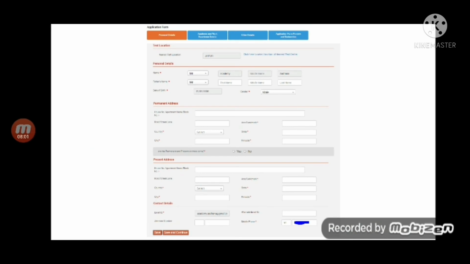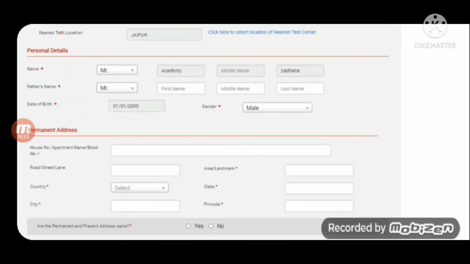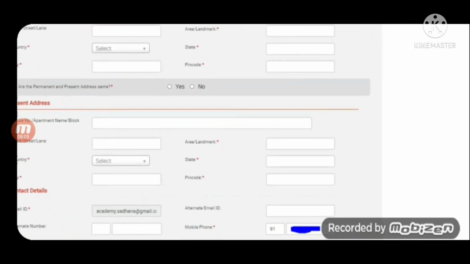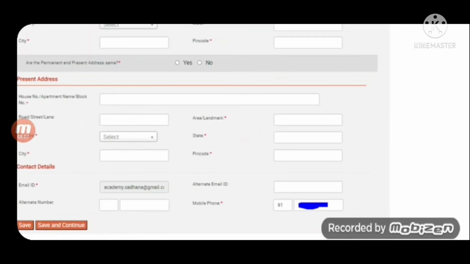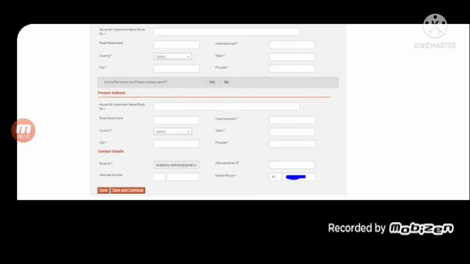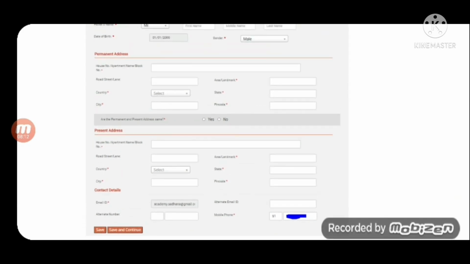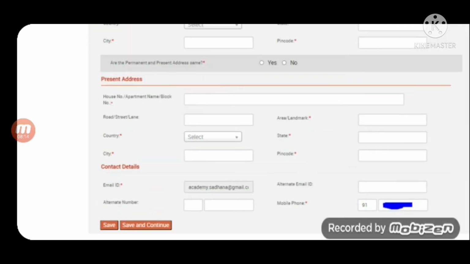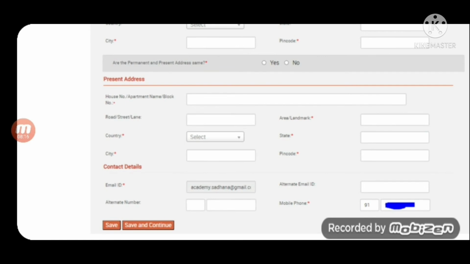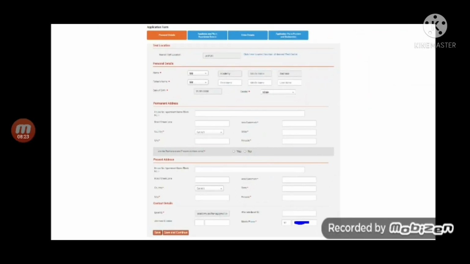Then very carefully fill the personal details, address details and contact information details, and frequently click on the save button, because sometimes you will get a doubt about something and you will wait on the page. So, to not lose data, click on save. When you are done, click on save and continue.